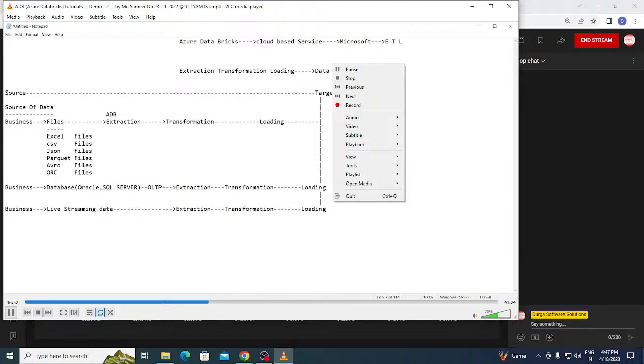Now can you see here, this is how we get the data. Ultimately, we get the data from various sources. And from these various sources, we extract the data, we transform the data, and we load the data into the target. All this extraction, transformation, and loading is done by using a service. ADB is one service. Likewise, ADF is another service, and Synapse is another service. These are the various services we can use. This is how exactly things work.